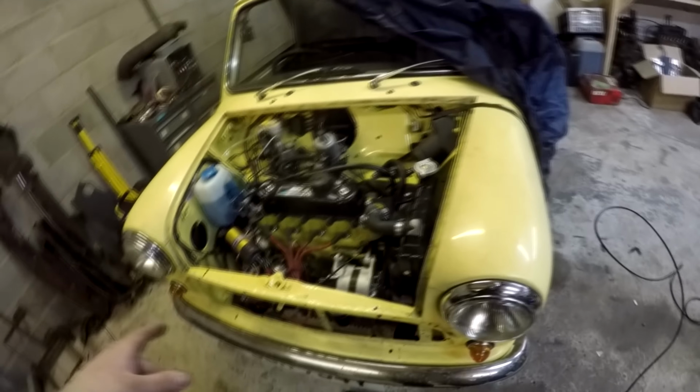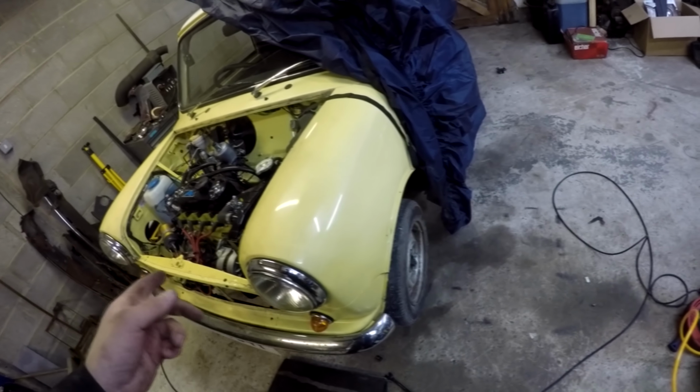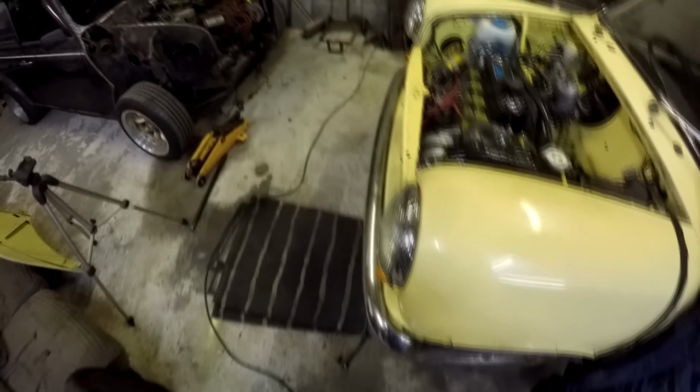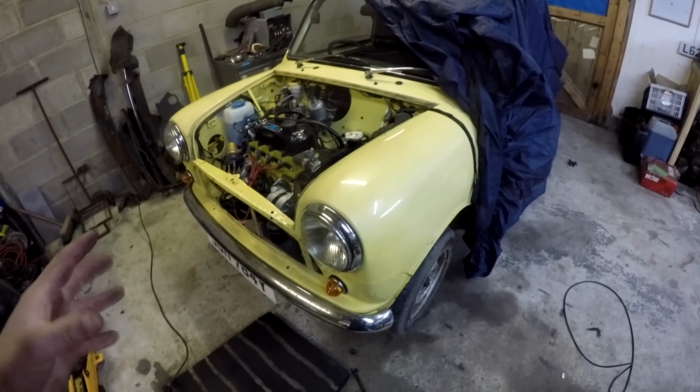I can't really get under the back of the car very well at the moment, so I'm just going to leave that off, and that's actually still fairly warm. I don't want to be touching the metal bit. So I'm leaving that there, and what I'm going to do now is adjust and bleed the front brakes, and get the tracking somewhere near, because I can visually see it's toeing out a bit too much at the moment with the new steering rack. So yeah, get the tracking a bit closer,